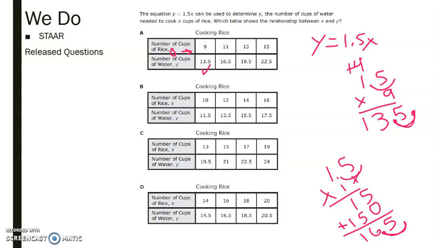So in this case, 11 times 1 5/10 is 16 5/10. So that is correct, okay? Let's check the next one, 13. So 1 5/10